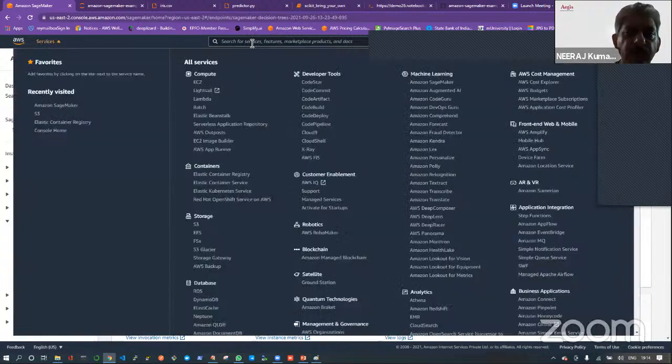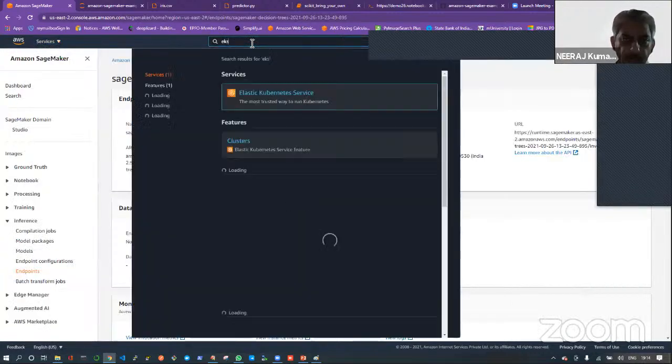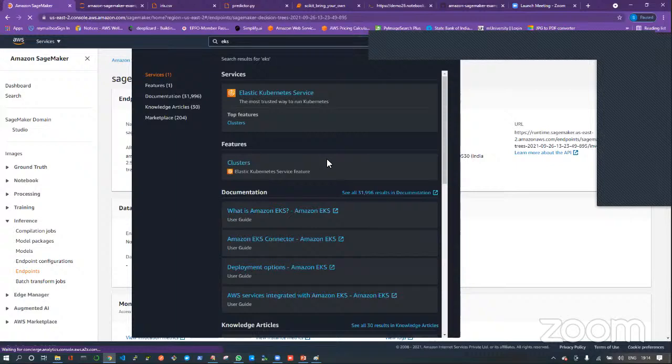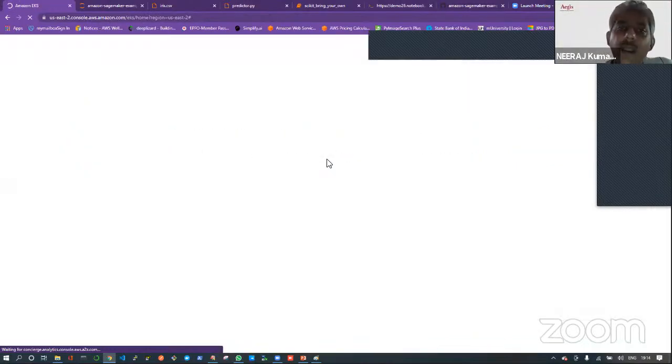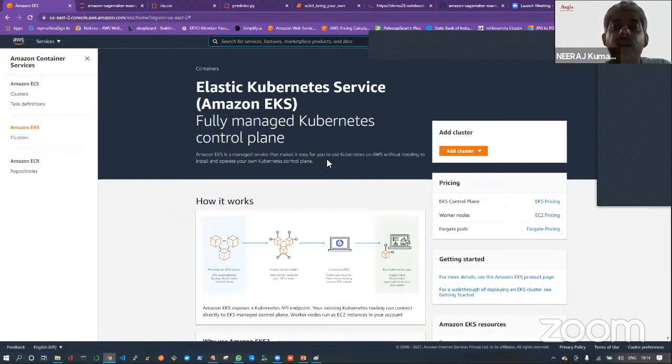There are various other concepts. I can show you another service, one important service, EKS. It is a Kubernetes service. SageMaker is actually integrated with Kubernetes. Kubernetes is a container orchestration platform, an open platform.